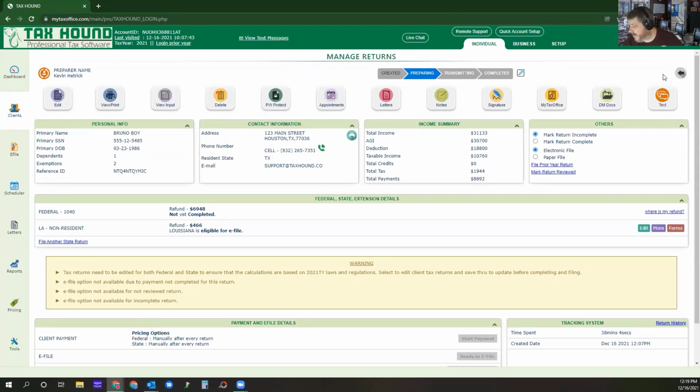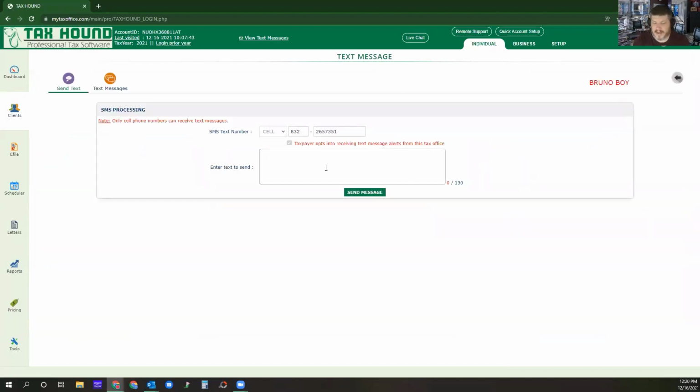And that's one of the things that you can use text for, because the IRS says that if you send an encrypted PDF, you cannot send the password in the same email. You can give them instructions on how the password is generated, but you cannot give them the password in the email. However, since we have texting enabled, we can send him a text that says,